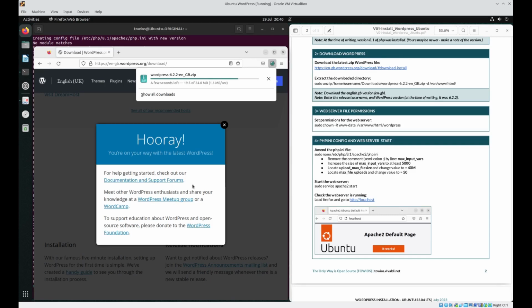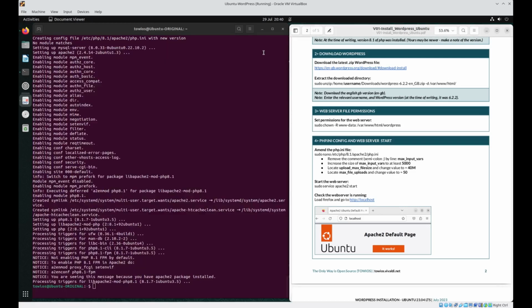Once downloaded, its contents need to be extracted to var www html. This is the root directory for web content. So to do this, minimize Firefox and use the following command. Copy and paste it into the terminal,